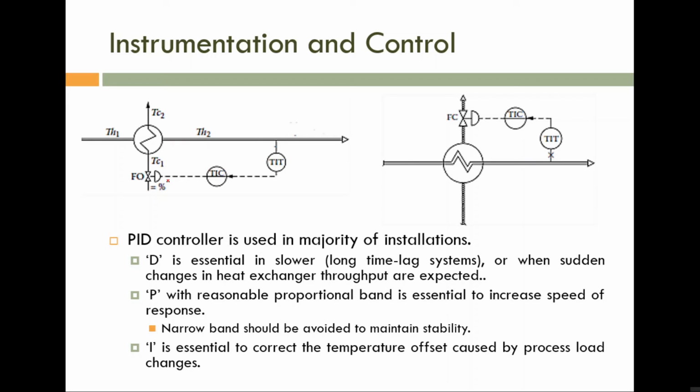So we can't give a very large Kp value. What is the problem? It will give a very small band, or a narrow band. What is the problem with that narrow band? The system will become unstable. Slowly, oscillation will increase. At a particular Kp value, it will become sustained oscillation. After that, the system will become unstable or a nonlinear system. So you are familiar with that particular situation.